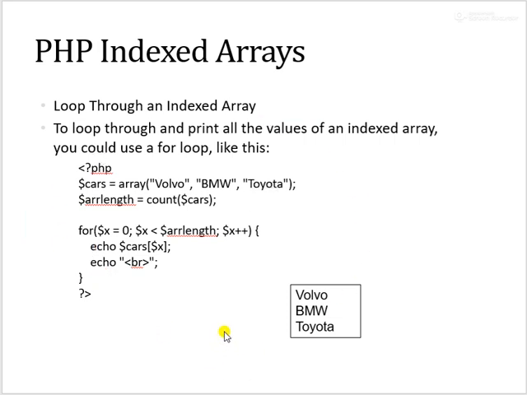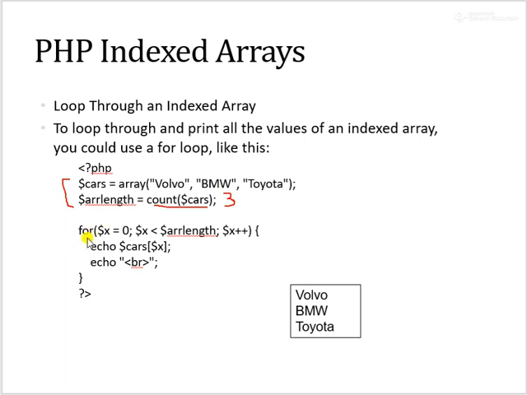Okay, in order to go through all the elements of an array, like you remember in your C++ programming, we use a for loop if we want to print all the elements of the array. Here in PHP we can also use a for loop, although I will discuss for loops in more detail in a coming slide. Here we have just one small example. We have 2 variables, one is cars, which is an array of length 3, and then we have another variable, arrLength, which will be assigned the number of elements in array cars. So arrLength will return 3.